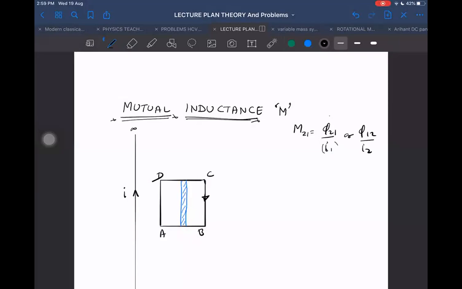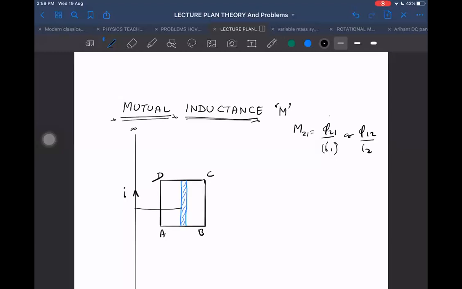But when we want to find out the mutual inductance, we know it does not depend on the current. So whether they give current or they don't give current, we don't care. We can choose current in any one of these conductors and then use the formula. But which one is more convenient? Why did I choose the first conductor carrying current and not the second? Because we already know what is the field due to the first conductor at a distance r.